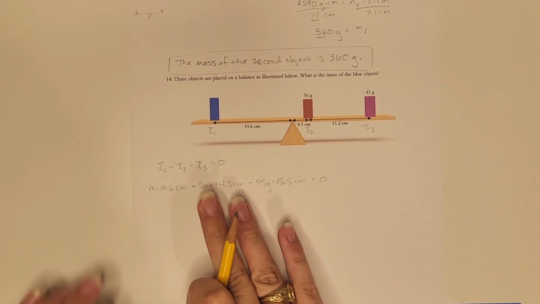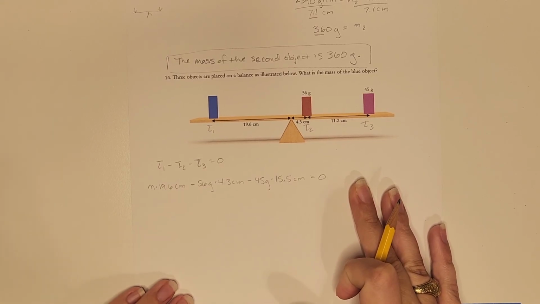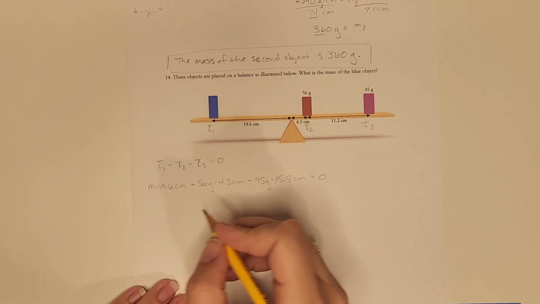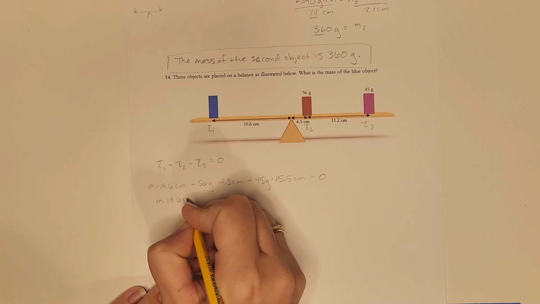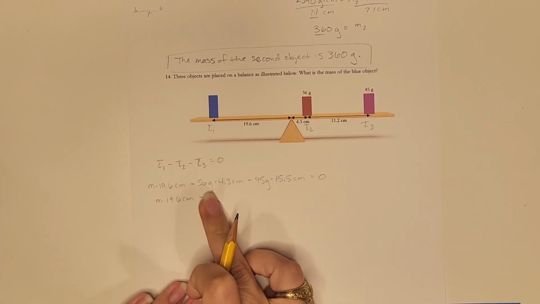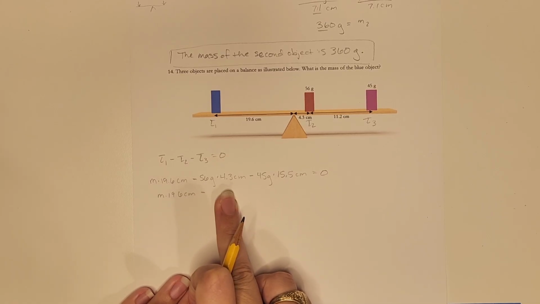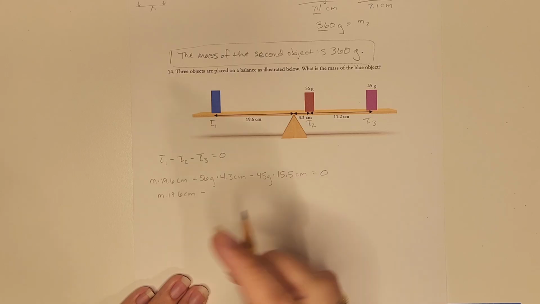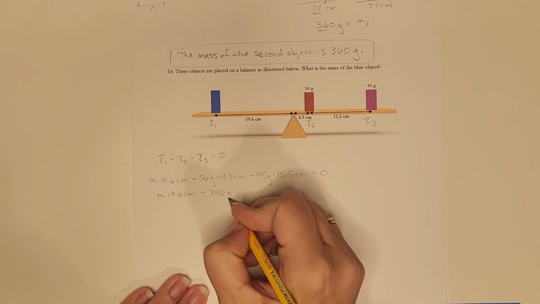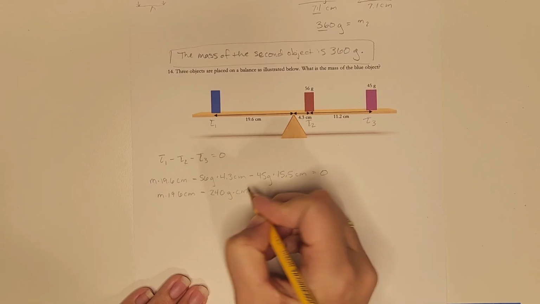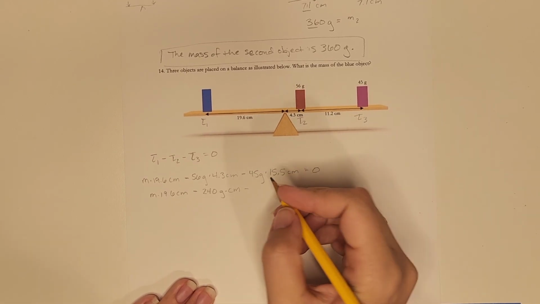Okay, so I'm going to add these and move them over to the other side. Well, we'll go ahead and add them first. Okay, so we have our mass times 19.6 centimeters minus, let's determine, 56 grams times 4.3 centimeters is 240 grams times centimeters. Okay, two significant figures here. Minus